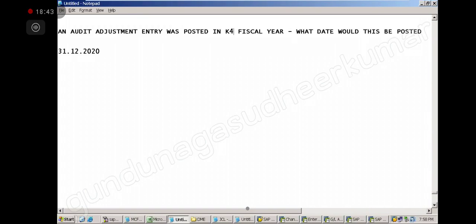Correct. If it is V9, then October to September. You understood the concept. What is an audit adjustment entry? How are special periods posted? How are normal periods posted? And what date will it pick up? All that. Correct?